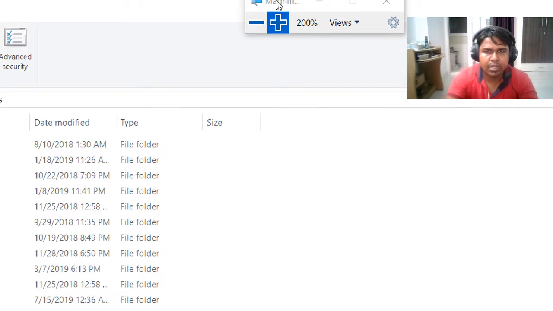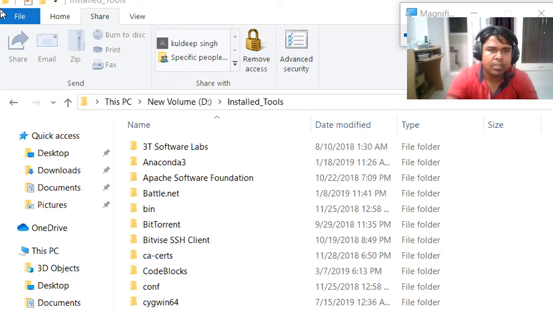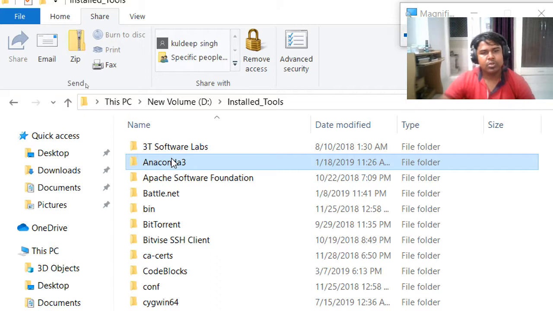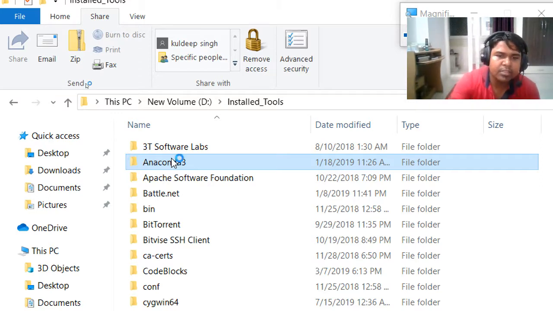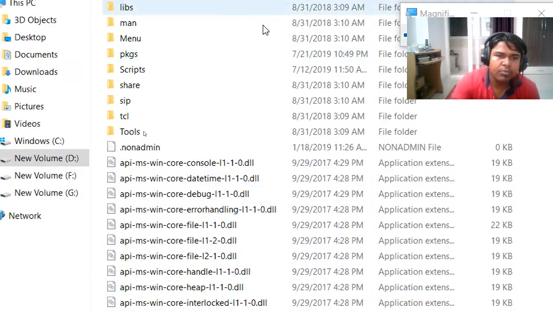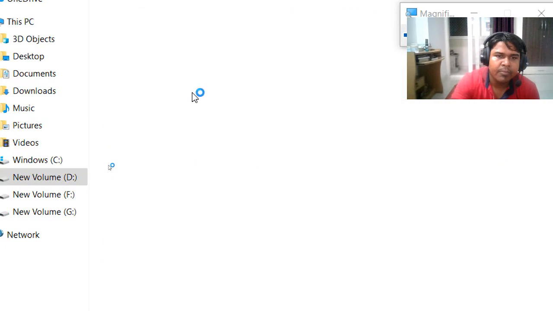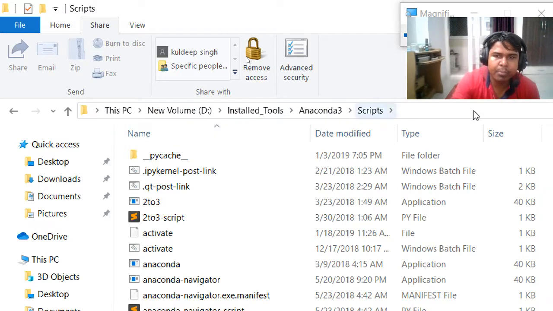Yeah, so I'll zoom it here. In Anaconda, I have this folder Anaconda, so I know its location where I have installed it, and you should actually remember where you have installed your Anaconda. By default it gets installed in your user, then your user account, whatever the name of your computer is, and then you'll find Anaconda over there. So in Anaconda3, I have a folder called Scripts. I'll just copy this whole path,